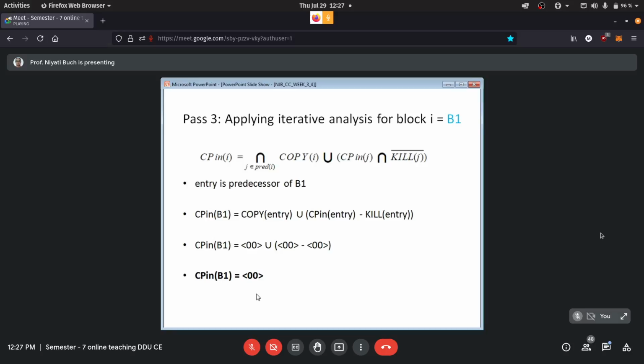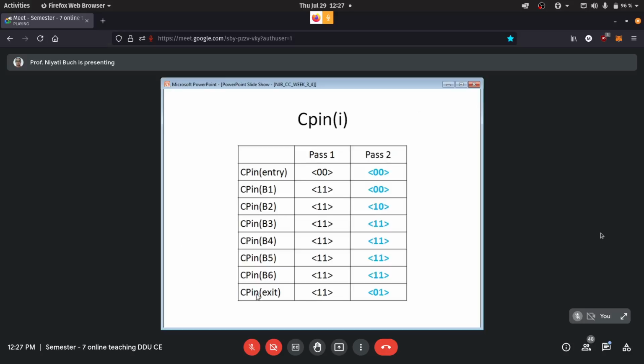When we were doing the second pass, we took the values from the first pass. Here I am displaying the values in a slide, but if you are doing it in your notebooks, you will always have reference to this particular table.